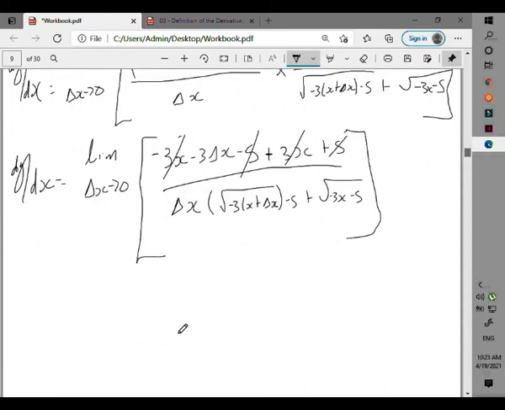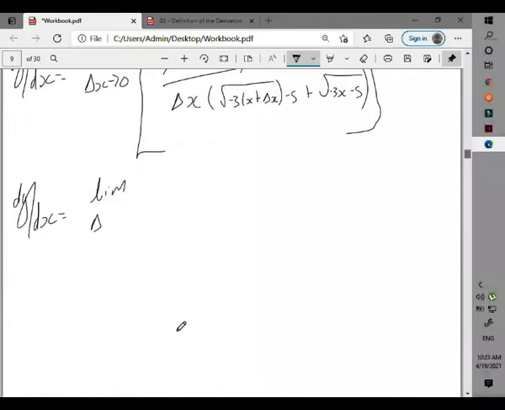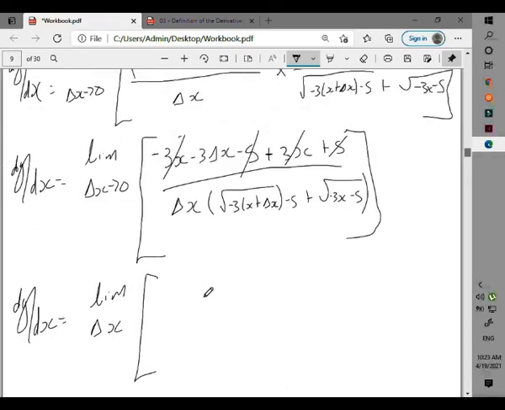Alright, so something to actually take note of, this delta x by itself is going to be something I'm going to show you in the next problem that you could probably do at the very beginning that's going to help you tremendously when it comes to solving. No, it's not for this one. There are a few tricks you could do, but let me just stick to what I've done here.